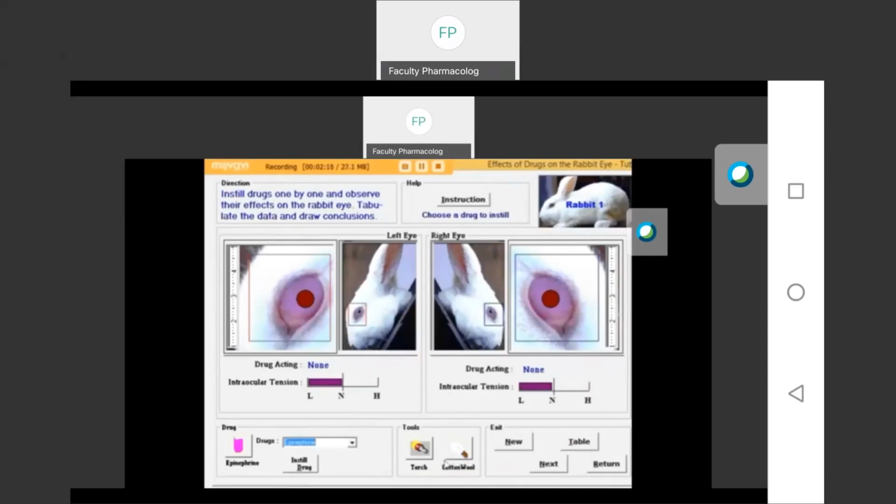So mainly 4 parameters we have to check in this rabbit eye experiment. After drug instillation, with the help of the roller, we have to measure the size of the pupil. Then the second parameter, intraocular pressure. The third parameter is the corneal reflex, which you can check via cotton wool. And the fourth parameter is the pupillary light reflex, which you can check via torch. Then you can see the new button for the new rabbit.